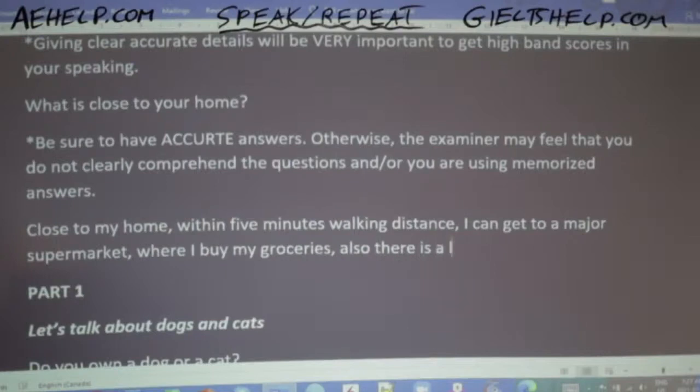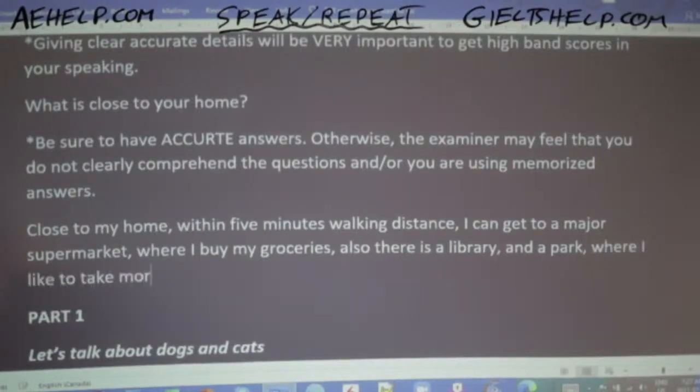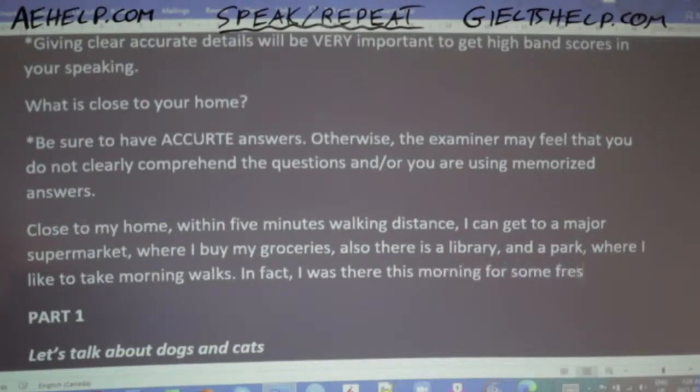Also, there is a library and a park where I like to take morning walks. In fact, I was there this morning for some fresh air. Okay, without over speaking too much. All right, so